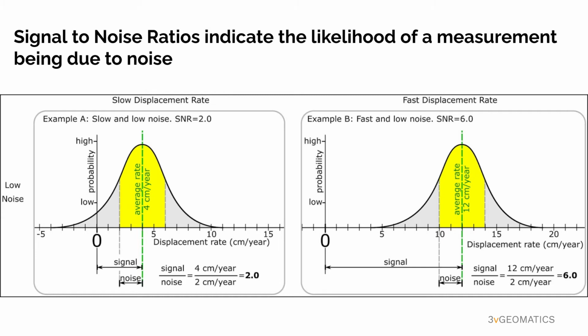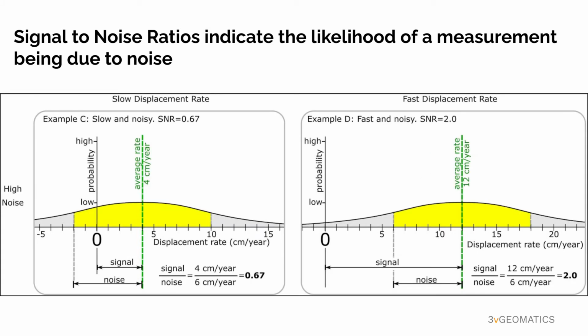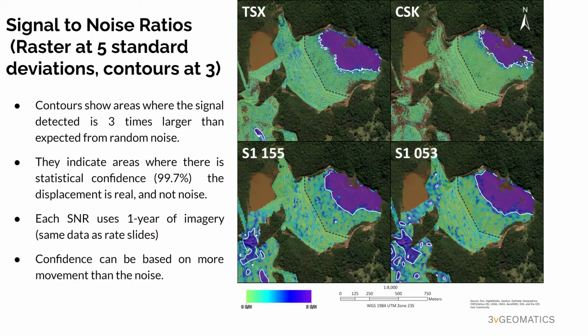As datasets can be millions of points, it's important to keep this in mind in terms of false positives. On the right, an SNR of 6 is extremely unlikely to be due to noise. Another hypothetical example, of a point with higher noise, more in line with what we see at Brumadinho. We're looking at the same 1 year as before, now displaying SNR estimates colored from 0 to 5.